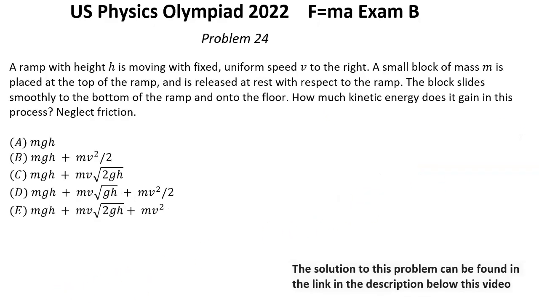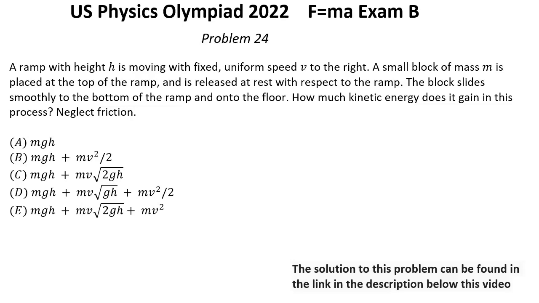Problem number 24. A ramp with a height h is moving with a fixed uniform speed v to the right. A small block of mass m is placed at the top of the ramp and is released at rest with respect to the ramp. The block slides smoothly to the bottom of the ramp and onto the floor. How much kinetic energy does it gain in this process? Neglect friction. Solution for problem number